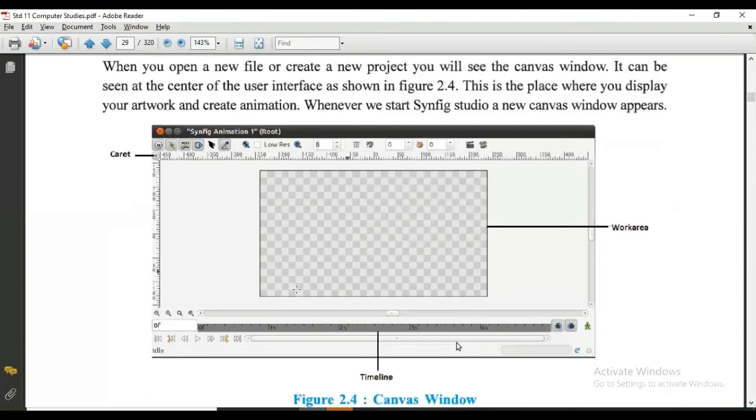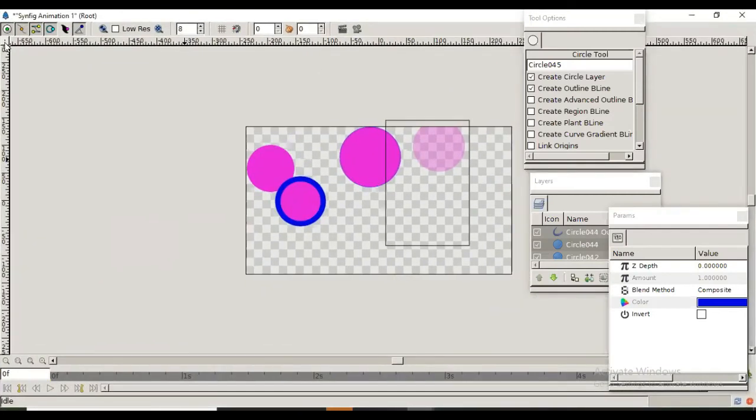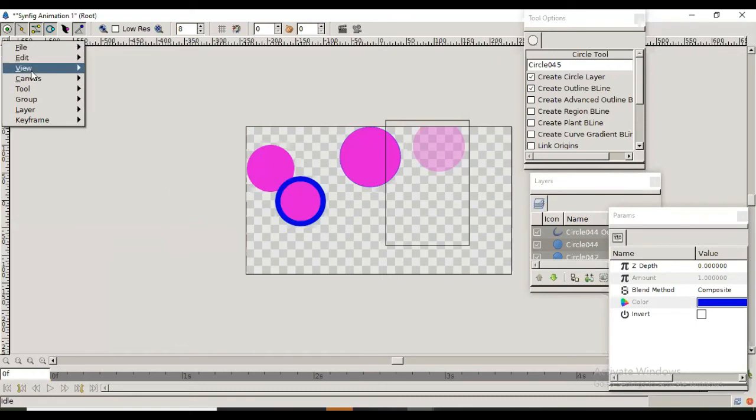Now this is canvas. In canvas there is one small arrow. You can see it. This is called caret. When you click here, you get file, edit, view, canvas, tool, group, layer, keyframe, etc. options. So this is called caret.